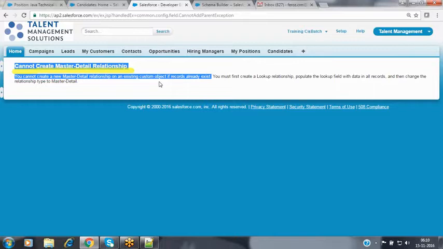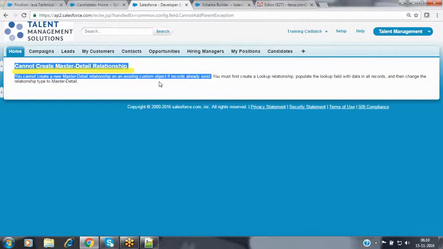It is working fine, no issues. But now the business process has changed, and the client is asking me to map a master detail association. At that time, what can we do? It is not allowing us to create the master detail. Do we need to remove those records? No, I don't want to remove those records.